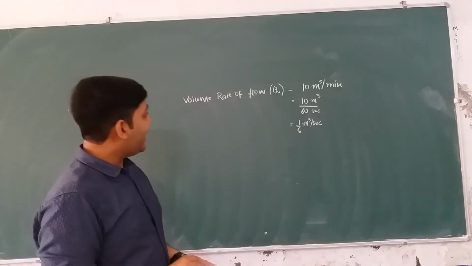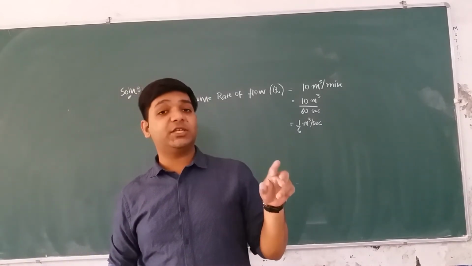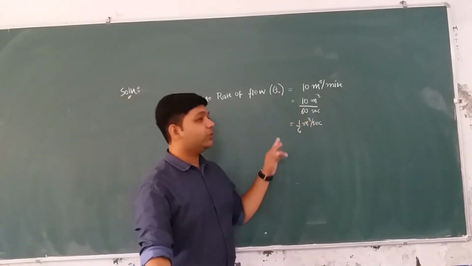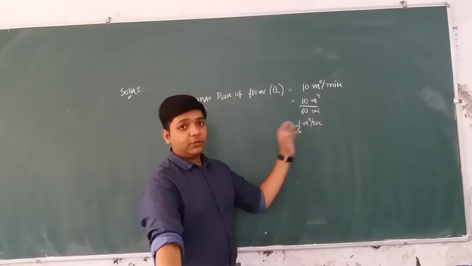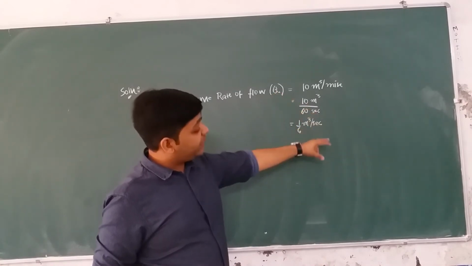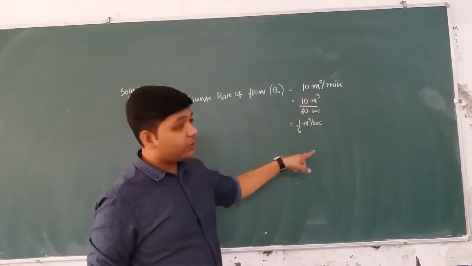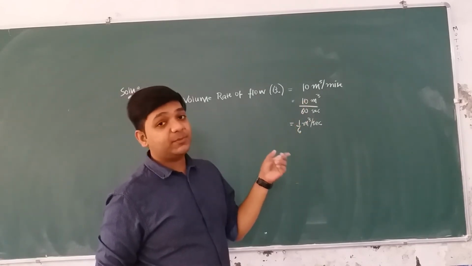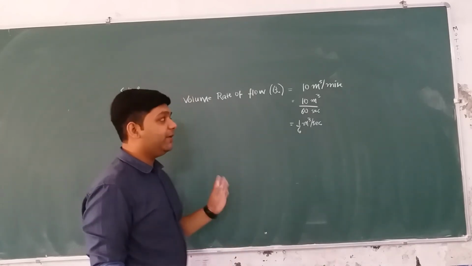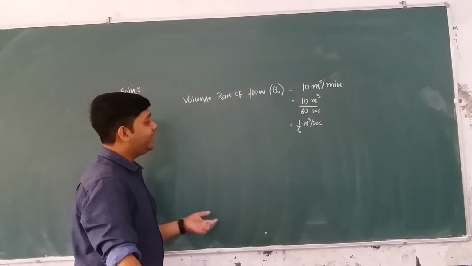Fine. And by equation of continuity, we know that the product of area of cross section and the velocity is constant. That means if the pipe is of varying cross section, and you consider any cross sectional area, then the speed of the liquid flowing through that cross section times the cross section is constant. A1 V1 is equal to A2 V2. We have already derived this in our previous classes, right?